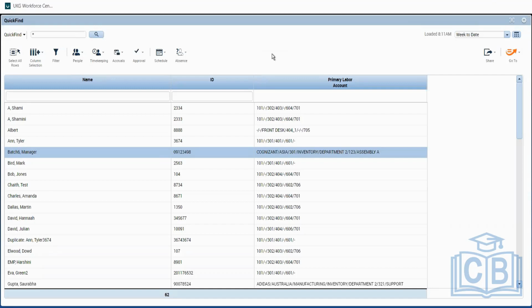So that work is not part of Kronos configurations. That will be handled by the integration, and once it is done, it works autonomously. You need not interfere in that. Automatically, it will happen. If someone is hired, the employee will be in the system automatically. There is a kind of integration which runs each day, or some companies might run it